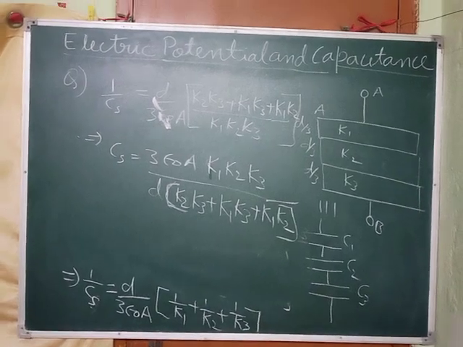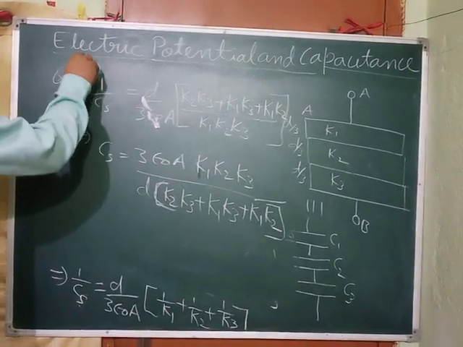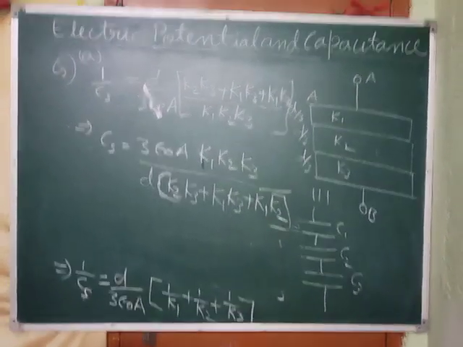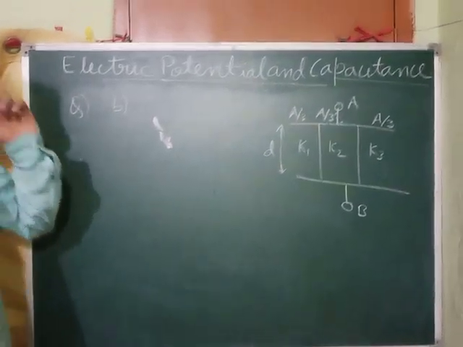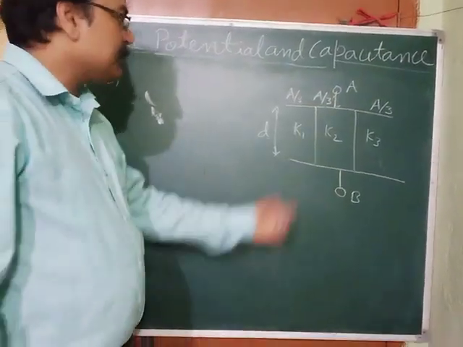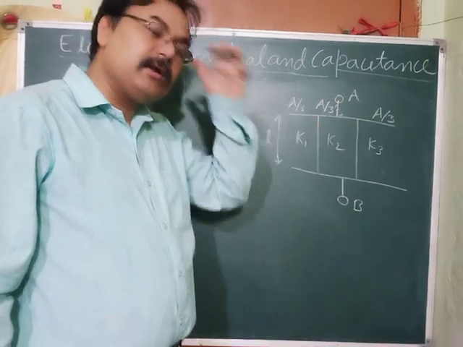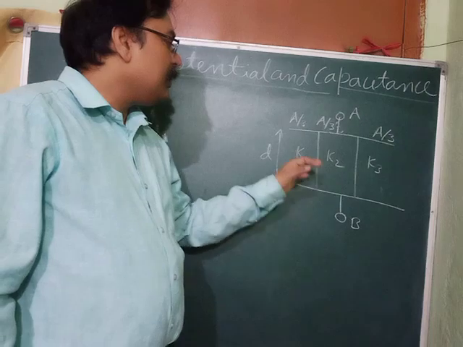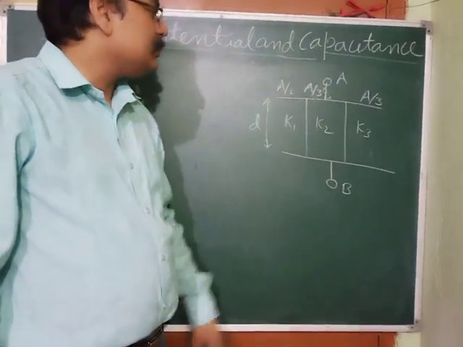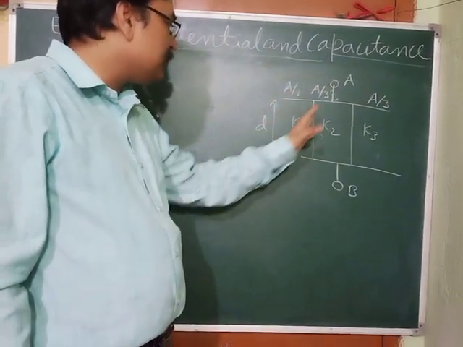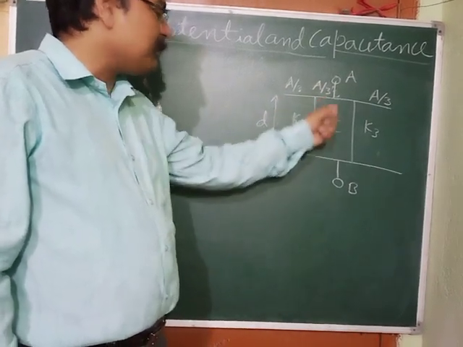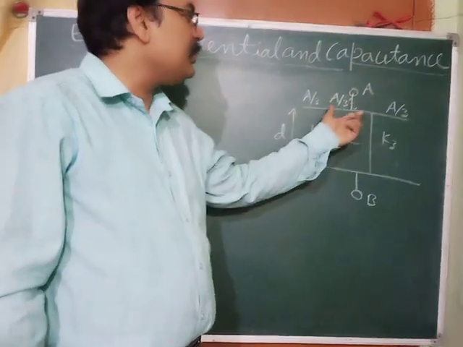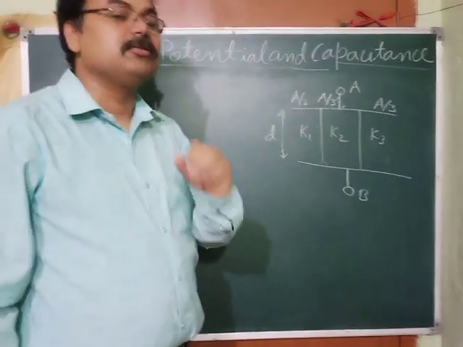But this question has two parts. This was part A only, so we have done part A. Now part B is left. This is the B part of that question. See, it is the same capacitor, but this time we have the dielectric slabs. Again, identical dielectric slabs, identical meaning identical in shape and size. 3 dielectric slabs having dielectric constants K1, K2, K3. They have the same width, which is equal to the separation between the plates, but they are covering 1/3 area each. Because they are covering equal area, the area of each one is A by 3.